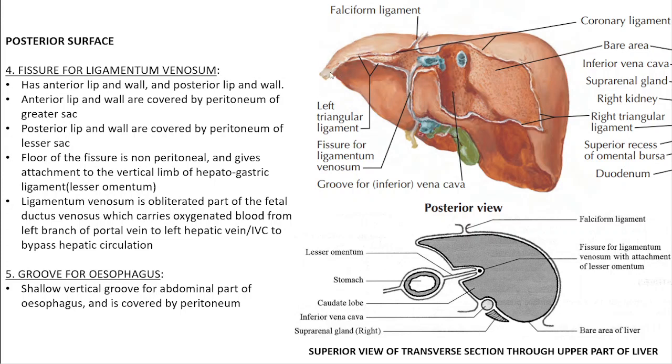This might be called not the apex but the inferior border of the liver. This is the anterior surface. This whole is the posterior surface. Here you can see that this is the groove for the esophagus. This is the fissure for ligamentum venosum. This is the posterior surface of the caudate lobe. This is the groove for IVC. This is the remaining part of the bare area of the liver, which is in contact with the left suprarenal gland. Here you can see that this fissure for ligamentum venosum, just for the sake of explanation, has been shown to be so wide.